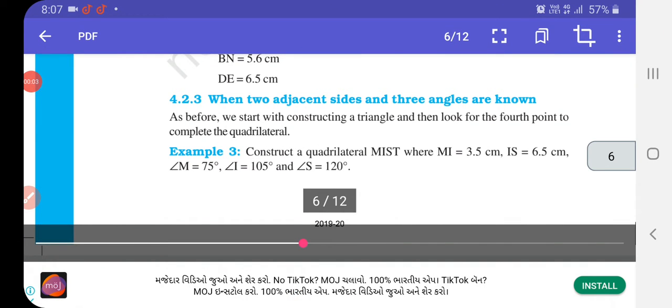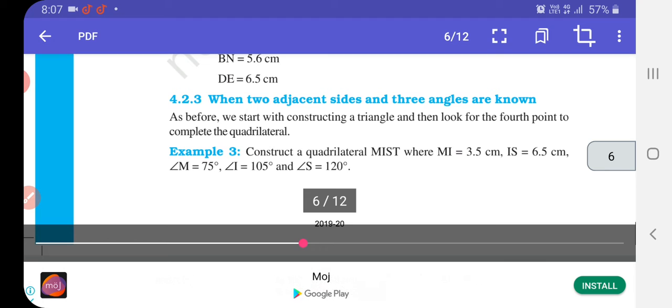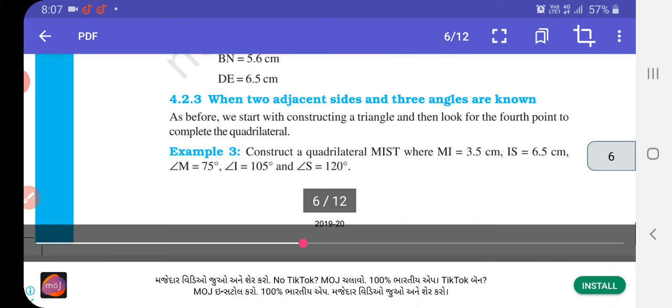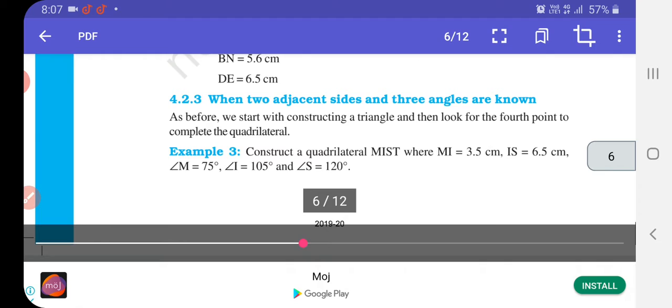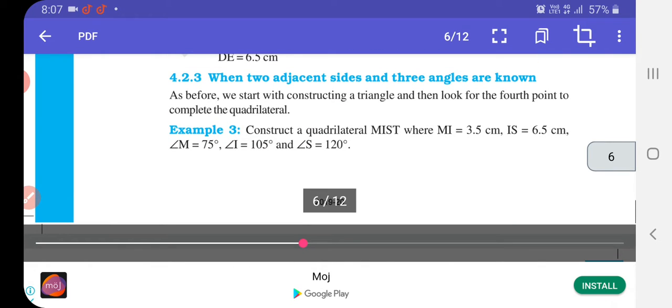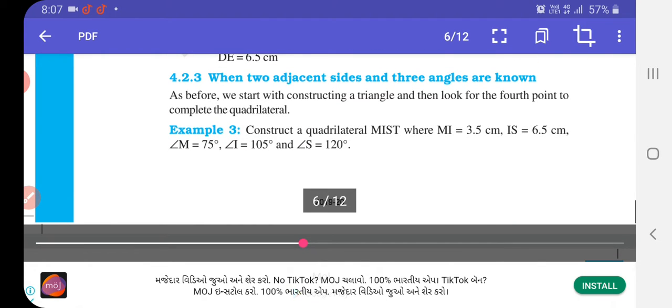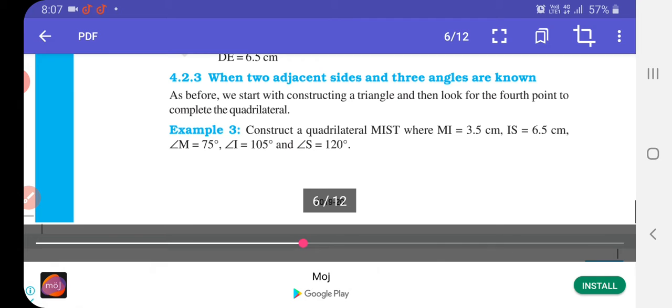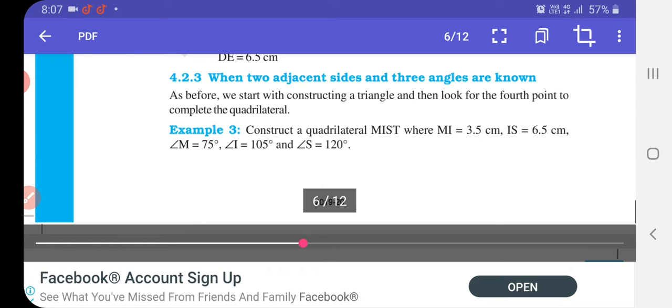Welcome back. My name is Swati Sharma, Atmiya Green School, Jhareshwar, Bharuch, Class 8 Maths, and our topic is practical geometry. In our previous video, we learned how to draw a quadrilateral when all four sides and a diagonal are given, and when two diagonals and three sides are given. Now, when two adjacent sides and three angles are given, how do we draw a quadrilateral?